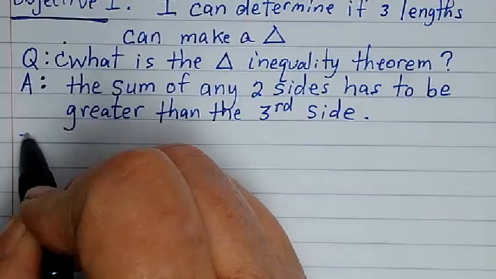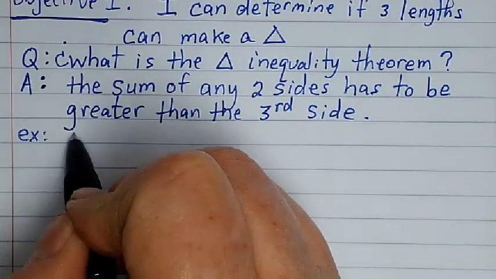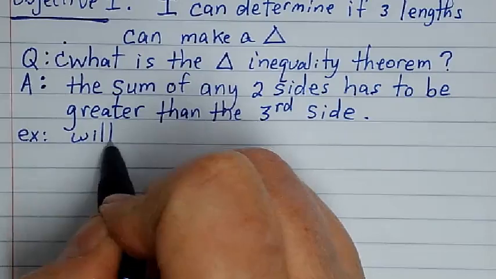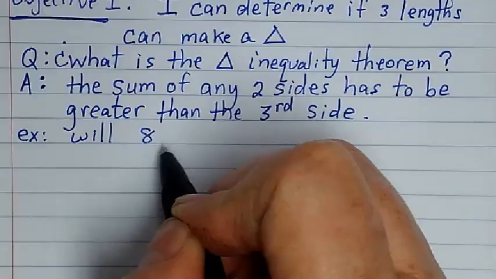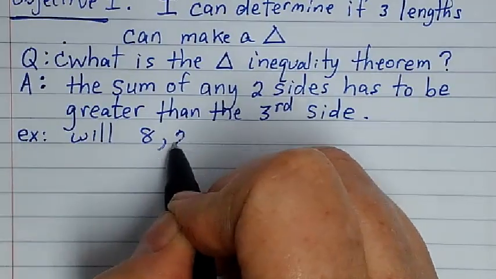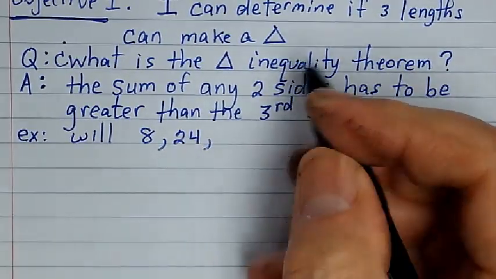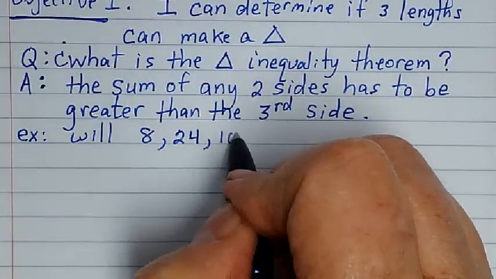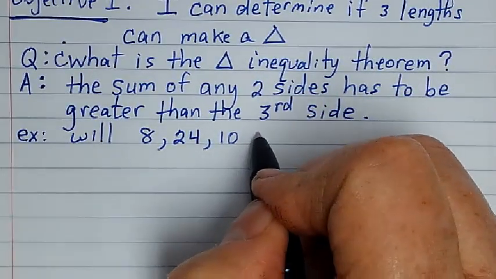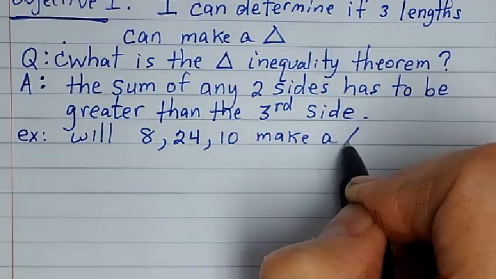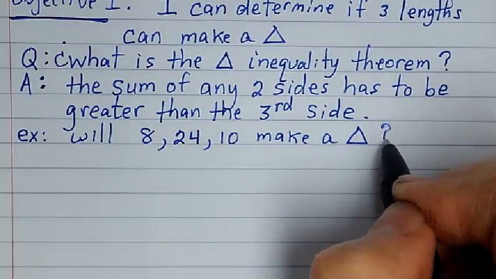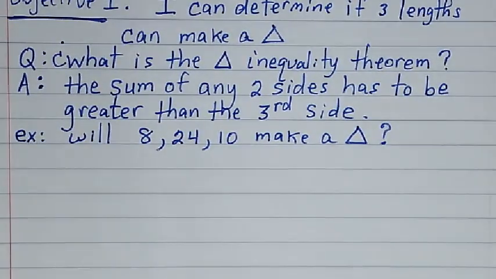Here's an example. Will 8, 24, and 10 make a triangle? Okay, I want to see a copy of that, and when you're done, I'm going to